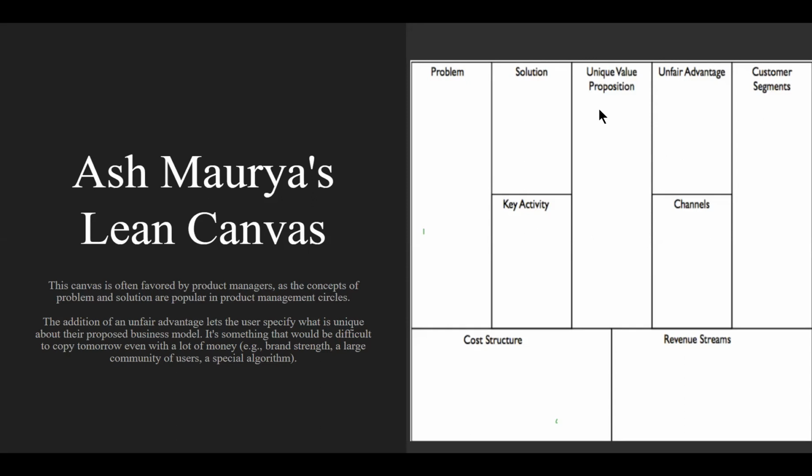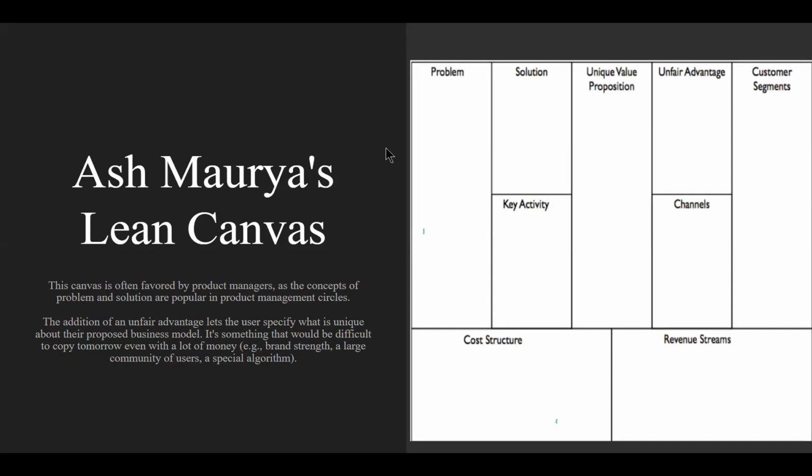You might have a really good network that nobody could really have quickly, and you are using that network to market your product or your company. This might be your unfair advantage. Or, I don't know, you may be coming from a rich family who are looking forward to supporting you. This might be your unfair advantage over your opponents in the sector, because this might not be something that anybody could achieve right away.